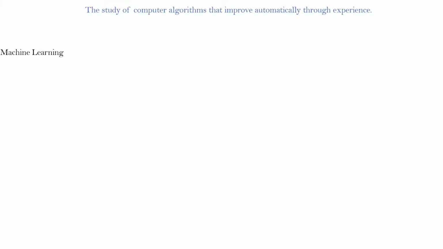So, machine learning, my friends, is the study of computer algorithms that improve automatically through experience. I think you will be able to understand some part here which is different from AI. AI was the intelligence, the computer system with some human type of intelligence, while machine learning is computer algorithms that improve automatically through experience. So maybe you start with something, when it gets the data, the prediction it is making then gets improved.